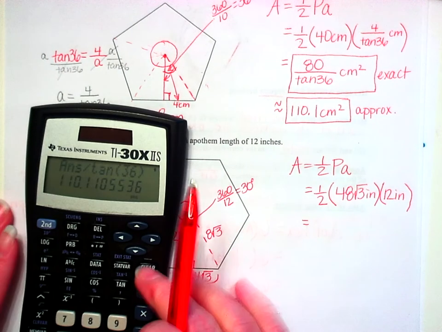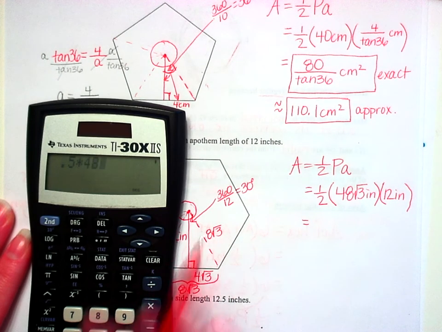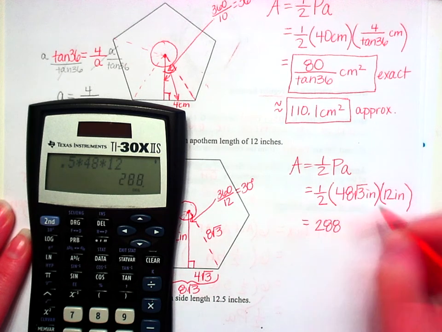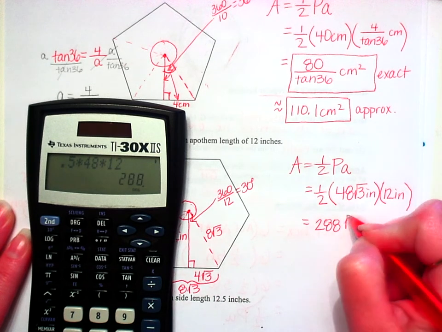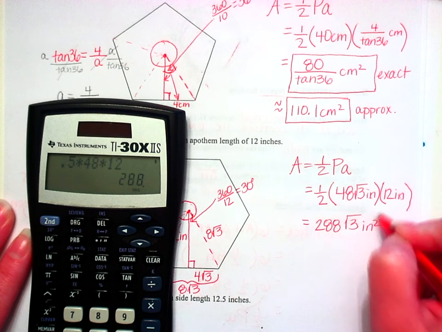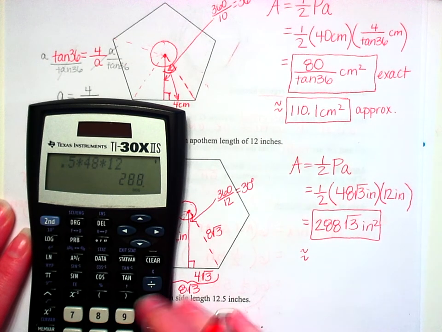So we're going to do 0.5 times 48 times 12. And we get 288 square root 3 inches squared. That's your exact answer, and that is approximately